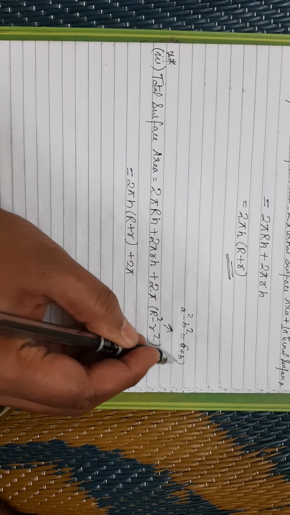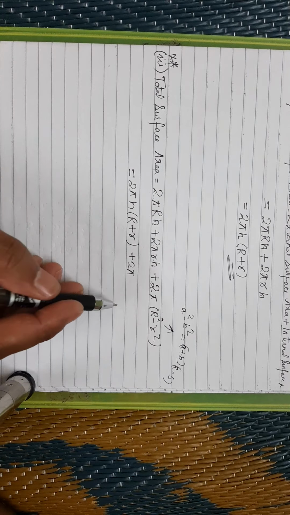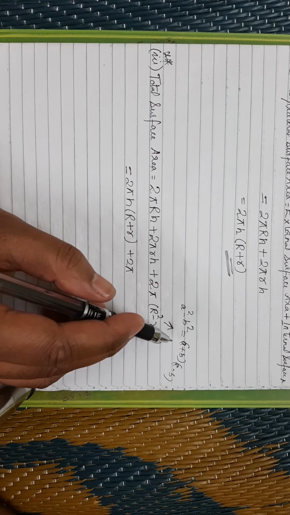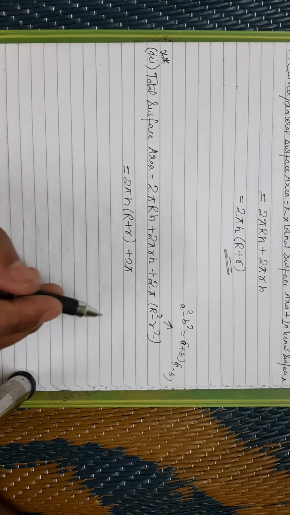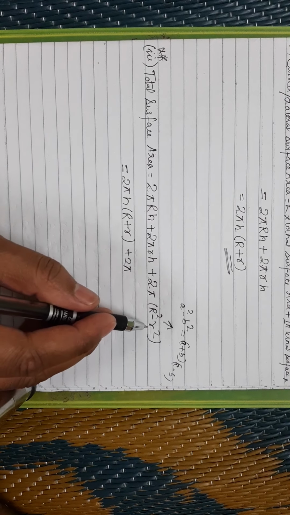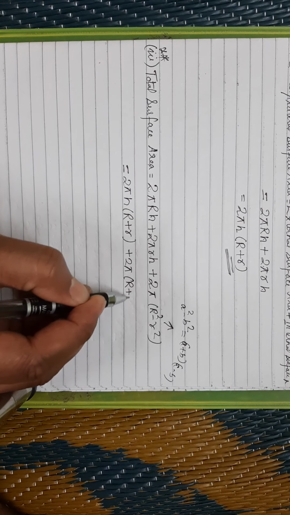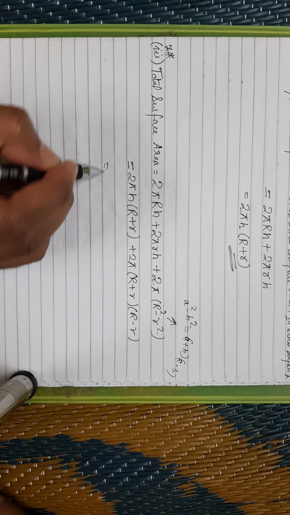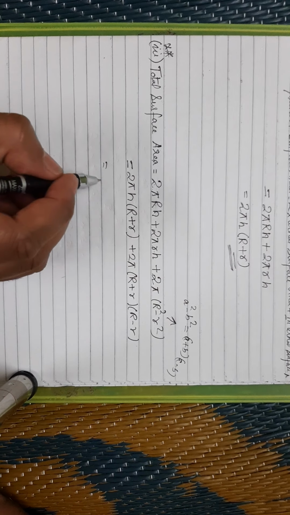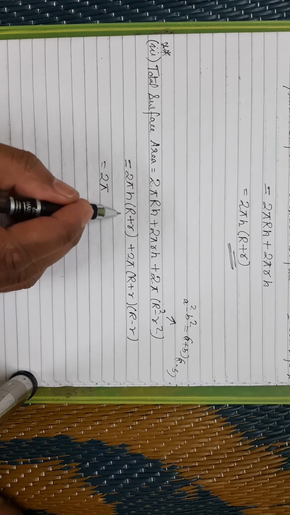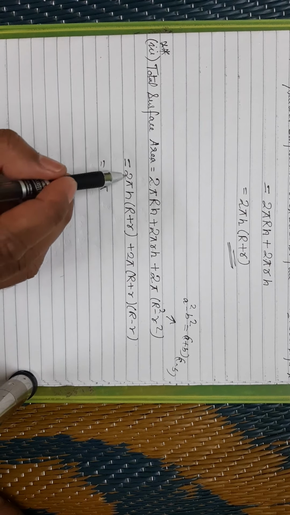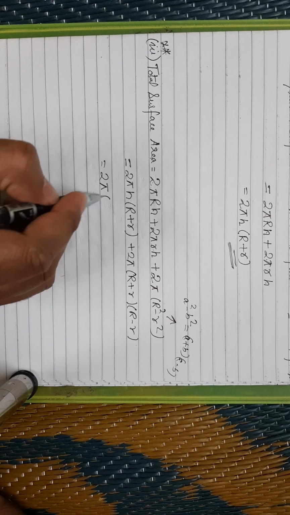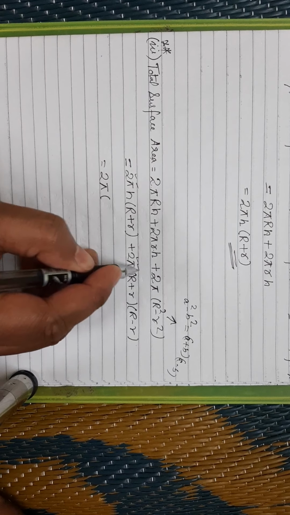A plus b into a minus b. That means the same thing I have to use here, where capital R square will be treated as a and small r square will be treated as b. All right, so a square minus b square will be treated as (a plus b) into (a minus b). Now nothing left. Just take out the common thing. What is common? 2 is common, pi is common. All right. And see here, 2 pi and 2 pi is common. Then I have taken 2 pi common.